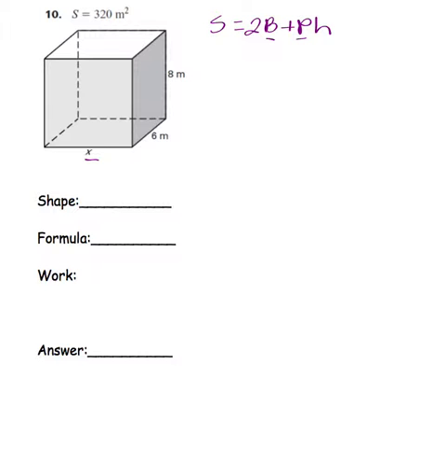Now, if there's a way that I can use the side for the base, and being a rectangular prism I could, if I use the side for the base, the only place that the x will show up would be the height of the prism. So that's how I'm going to work this problem to strategically make it as easy as possible. So in this case, I'm going to use x as the height of the prism, and I'm going to use these sides that I sort of shaded in purple as the bases. So to name it